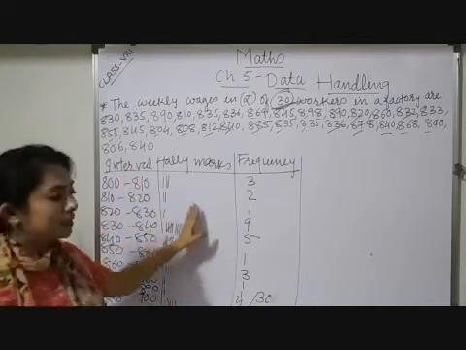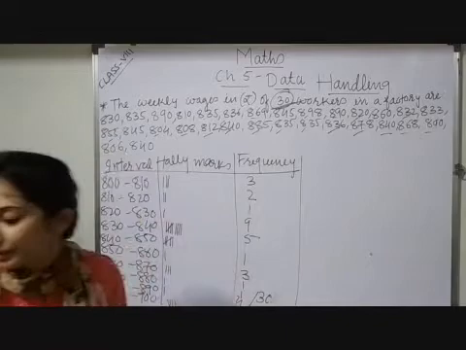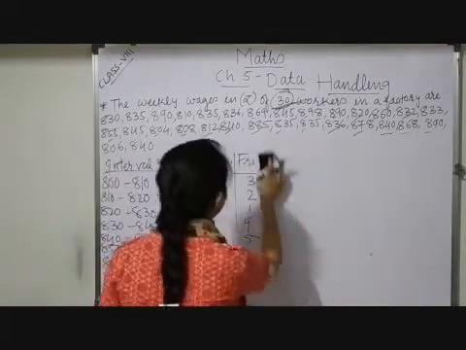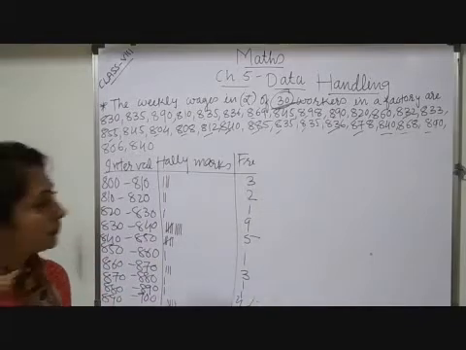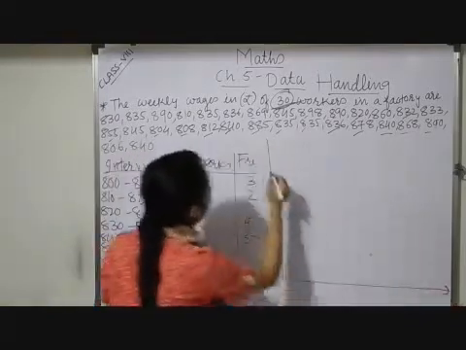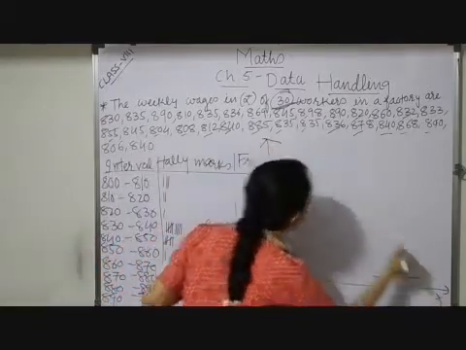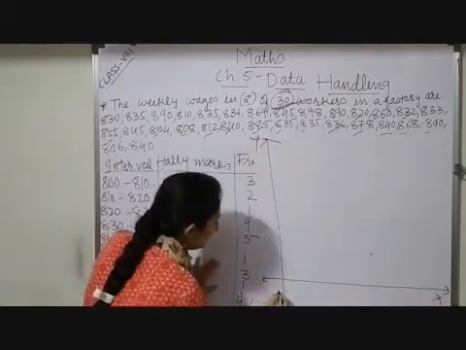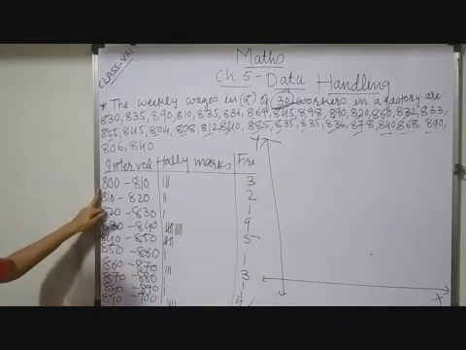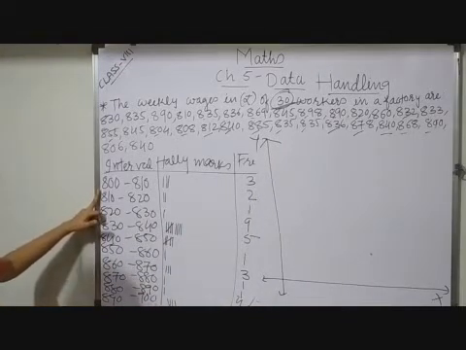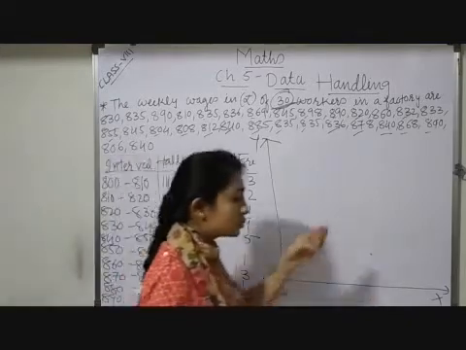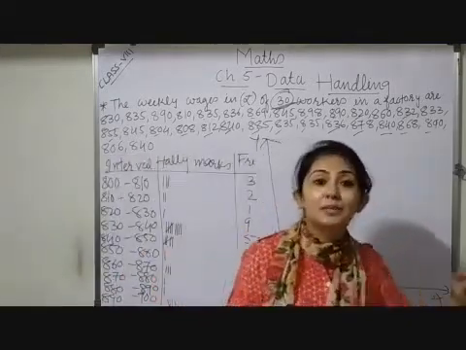Now using this information I can draw a histogram. Now how to represent it on a histogram? Here I am showing you. On a graph paper you have to make the x-axis, y-axis. Now see, here directly I will start. The lower limit of my first class interval is 800. It means 0 to 799 numbers I am skipping here.